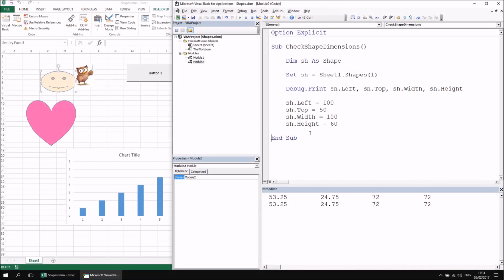Now, as well as being able to type in raw basic numbers to position the object on the page, you can also set its position relative to other objects. So that could be relative to the position of other shapes on the page. So for example, should I want the top of my smiley face shape to sit exactly in line with the top of, let's say, the picture shape, which is called picture 5, what I could do is say sh.top equals,